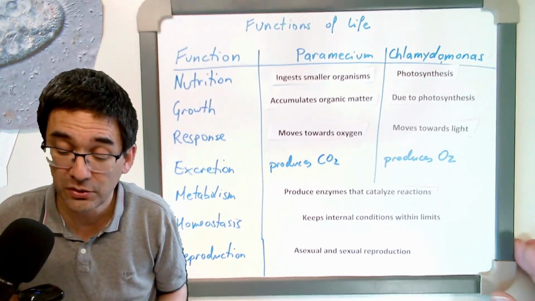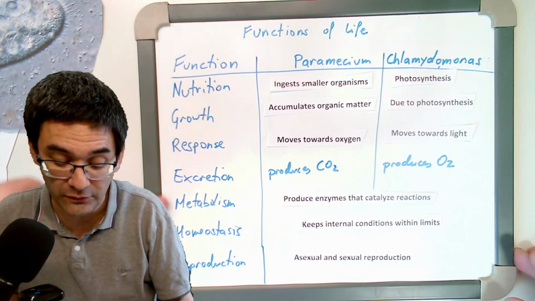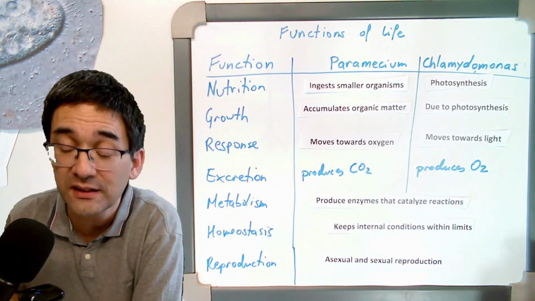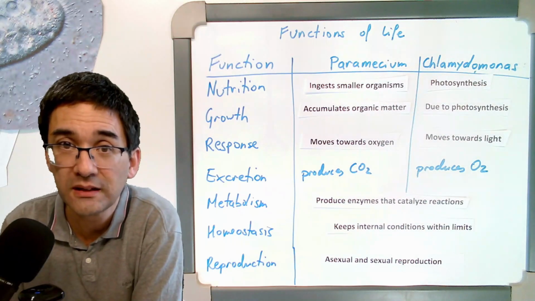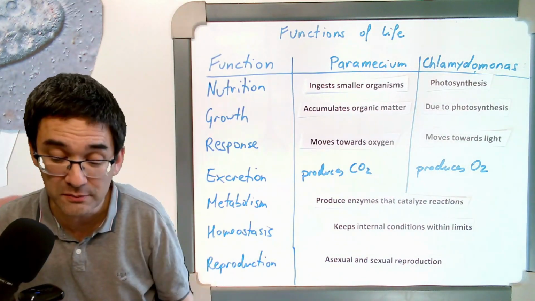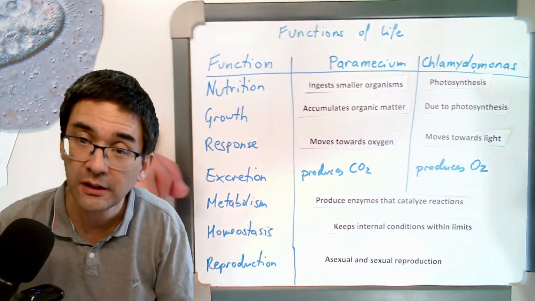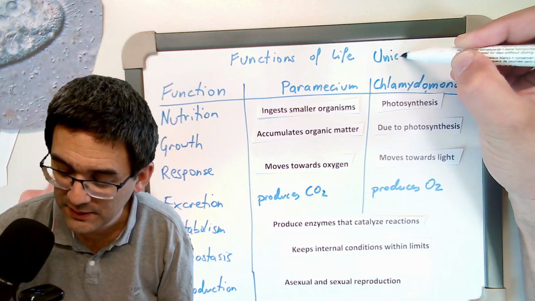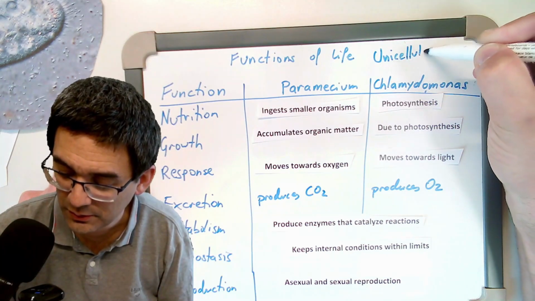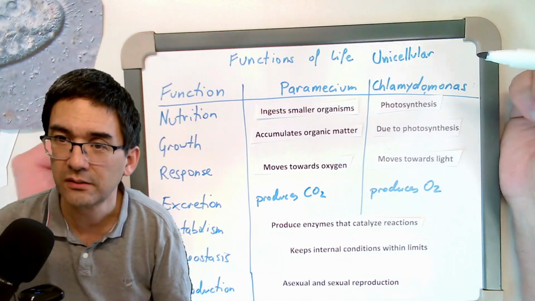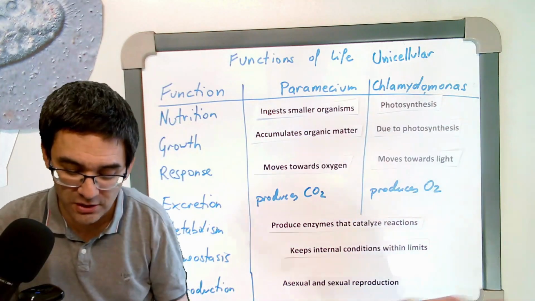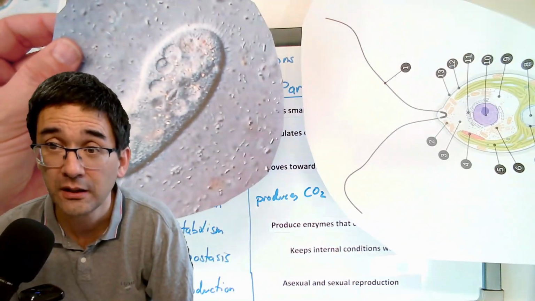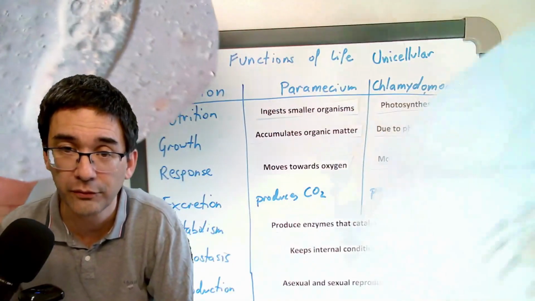Okay, so this is basically a list of certain functions of life that are present not only in unicellular, which is basically single-celled organisms, but in all organisms. And if you don't know how to spell unicellular, then I'm going to write it over here. Unicellular means single-celled, okay, means made of one cell. So Paramecium is made of one cell, and Chlamydomonas is made of one cell, but actually, this table refers to